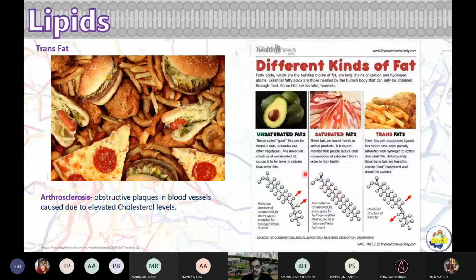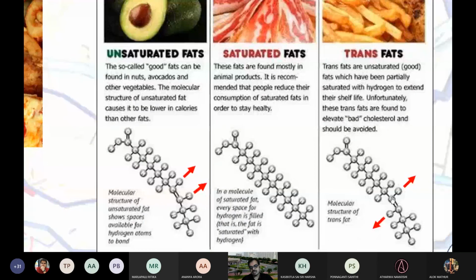This is a saturated fatty acid. You can see that here. This is the unsaturated one. We all know, right? So if you put more hydrogen, normally it should become a saturated fatty acid, right? But if you use Vanaspati oil, it can have some newly formed unsaturated fatty acids called trans fatty acids. What is this trans? Here, the hydrogen atoms are both facing towards one side across the double bond. In here, there is again a double bond and the hydrogen atoms are facing opposite sides.